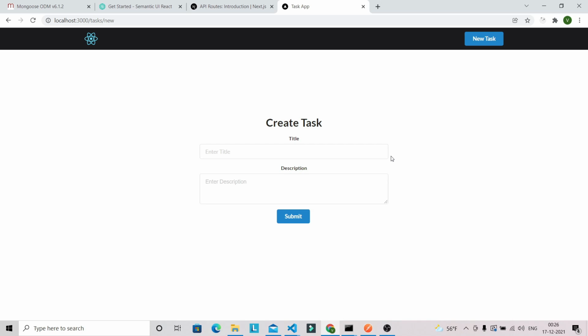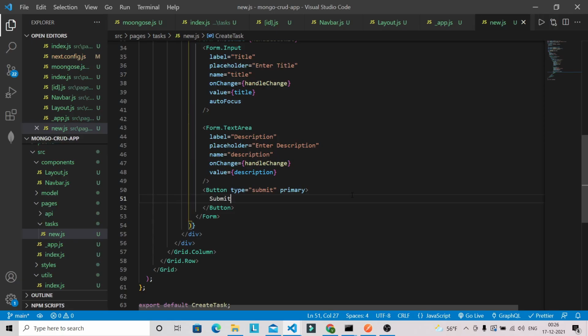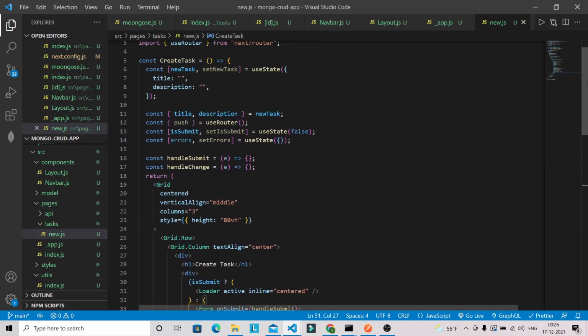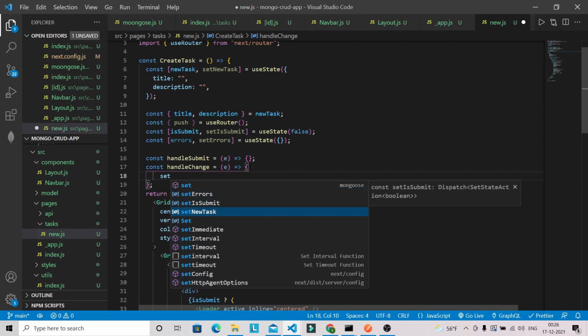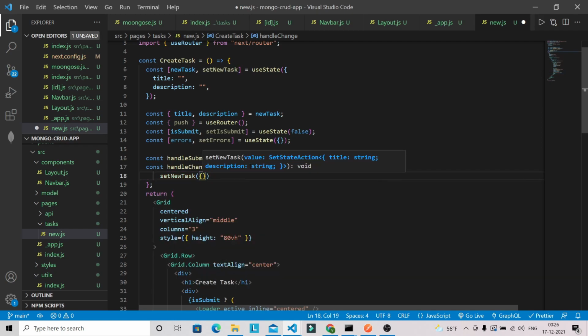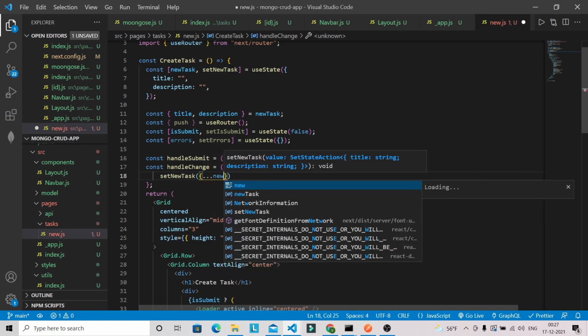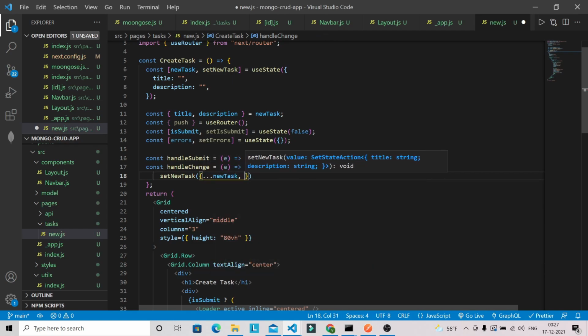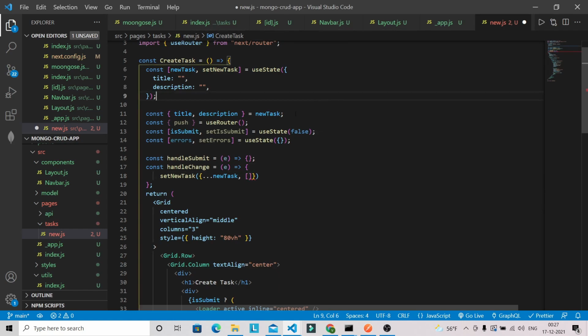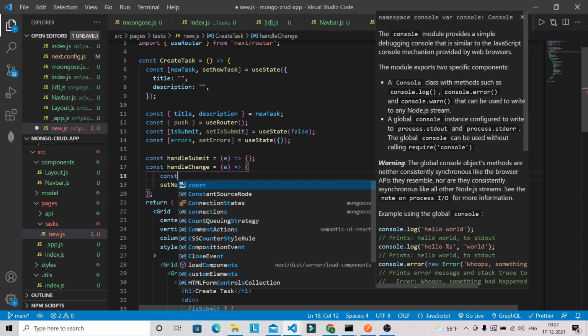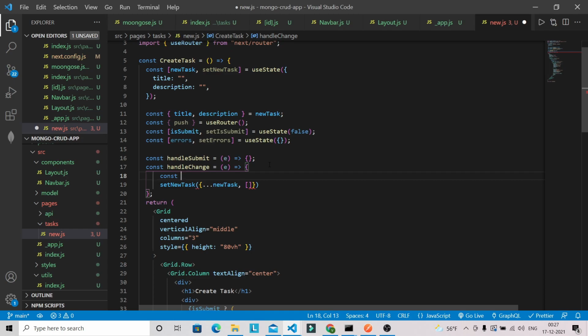So now let's work on our handle change and handle submit. First let's define the handle change logic. So we can do set new task, and we can spread out new task, and from e.target let's destructure name and value.